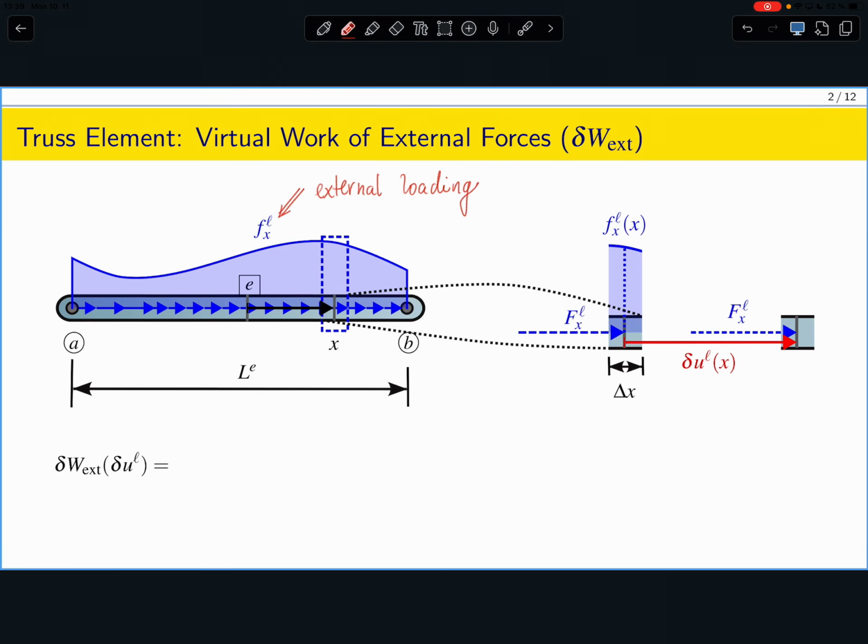So this is something which will contribute to that delta W external quantity. I would like to remind you that again this delta UL is arbitrary. Is arbitrary, however,